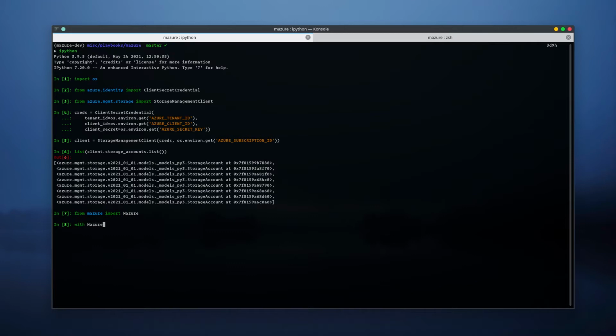Mazure comes with 2 modes of operation. For this demo, we will use the context manager mode of operation. And this now allows us to use the same client object, but under a mocking scheme, which means that we can now see if the response varies in any way or form. So let's get back to